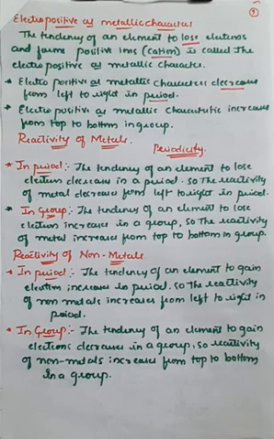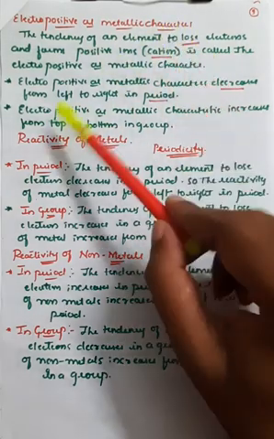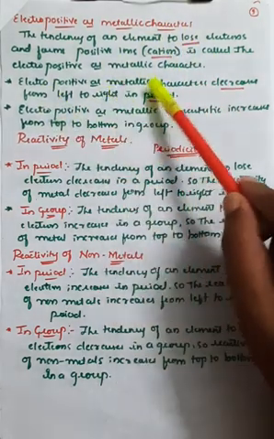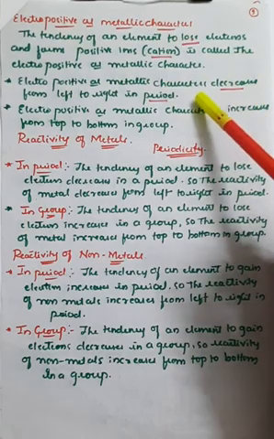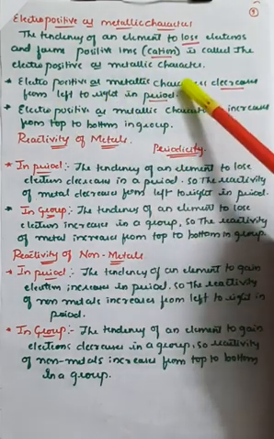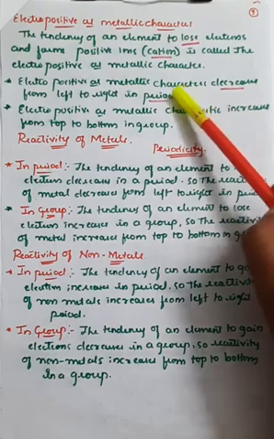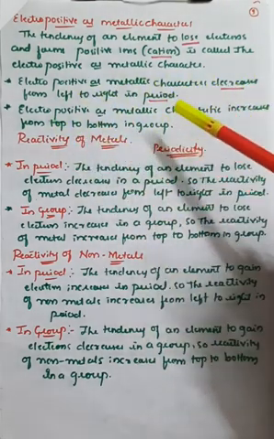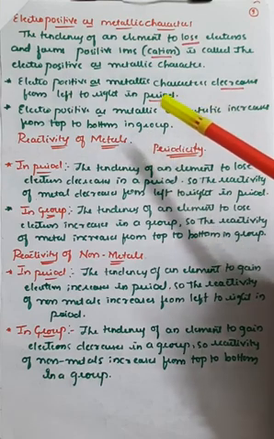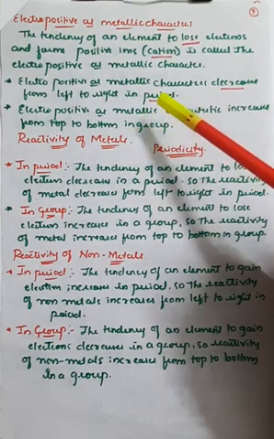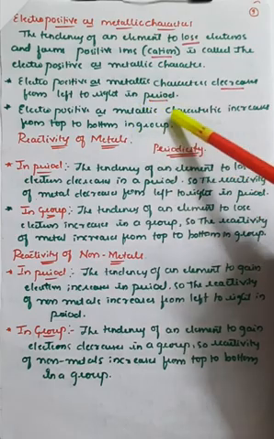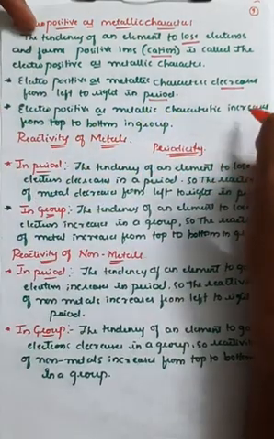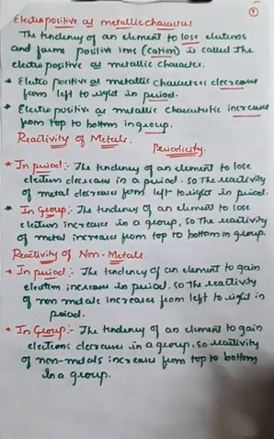So in the case of periodicity, the electropositive or metallic character of an atom decreases when you go from left to right in the periodic table, that is, in terms of periods. And the electropositive or metallic character increases from top to bottom when you come in terms of groups in the periodic table. So the value goes on increasing in the case of groups. Here you can observe that there is an increase in value in terms of groups.